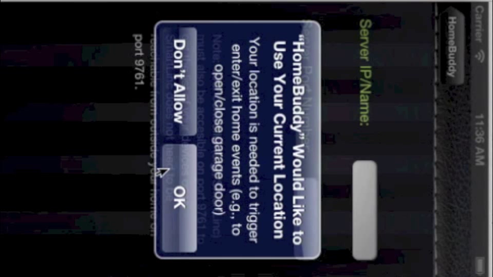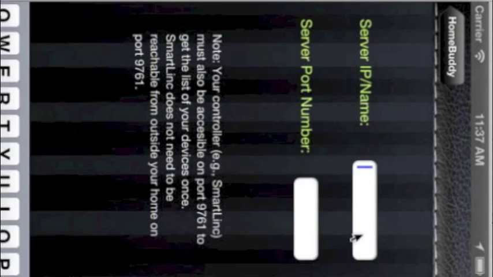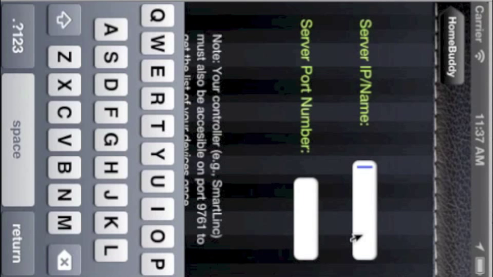The first thing that the app does is ask you permission to access your current location. This is needed if you want the app to turn on and off devices when you enter or exit home. I'll show you how. So for now we say OK, and then we'll enter the address